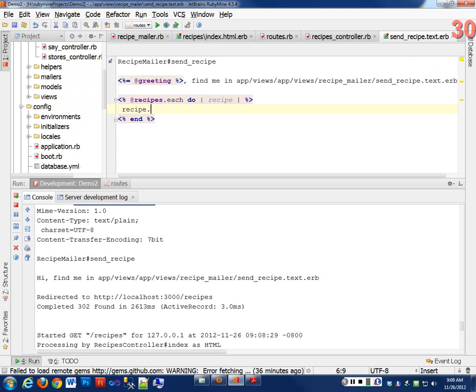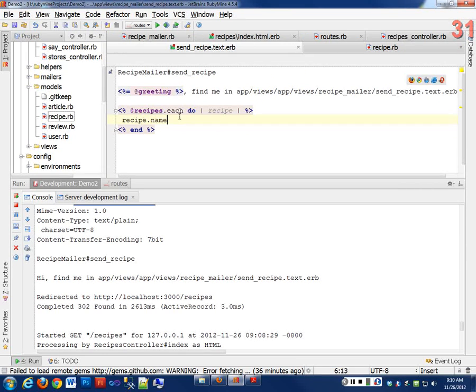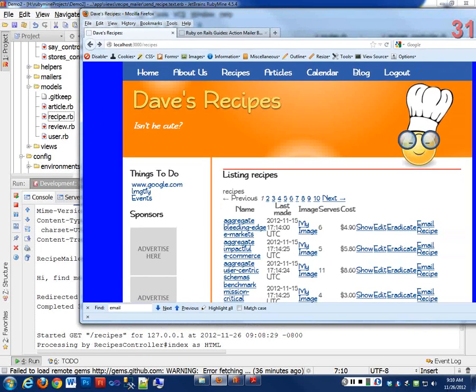Let's look at my model. I don't remember what it is. I just want the title, the name. Okay. So I'm going to send recipe dot name inside of ERB. I use an equal sign to print it out, just like I would in an HTML view. I'm describing what the body of the email is going to look like. I can put anything I want here, and that should list out all of the recipes that I have at my site. So if I send my email again,